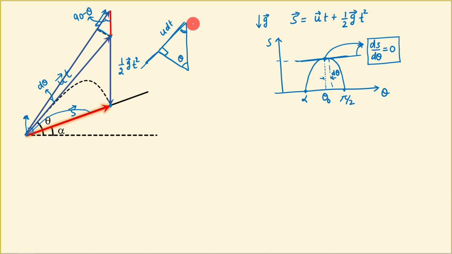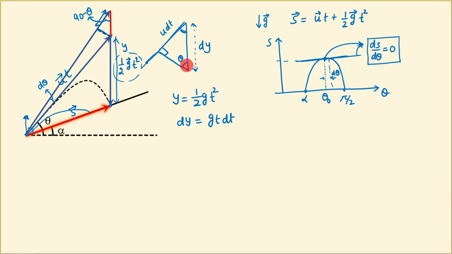And this part is actually the change in the value of this part here, right? So let us call this whole length y. The value of y is equal to half gt square. And for a differential change, we can write dy will be equal to gt times dt, right? And this red part, or this length, is actually the differential change dy. So this is length dy.